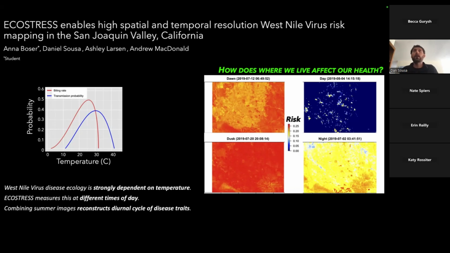It turns out that mosquito behavior is highly temperature dependent. If it's too hot, they hide. If it's too cold, they can't move. And there's a peak, and that peak intersects with the hours they like to move around, which are usually first thing in the morning and late in the evening. And the unique capability of ECOSTRESS is that it's on the space station, and the orbit of the space station